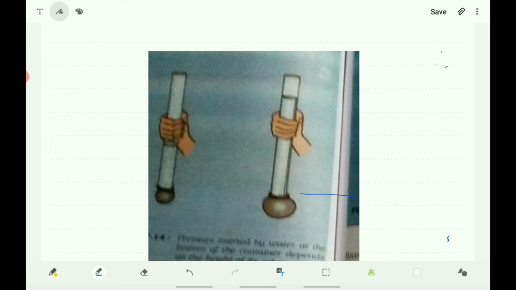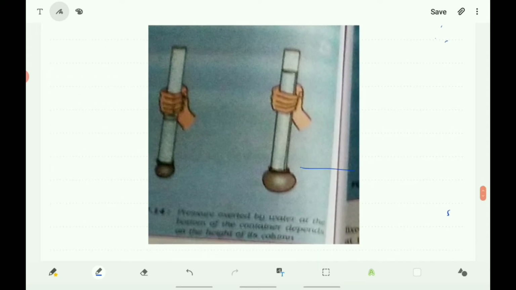Stretch the rubber sheet tightly over one end of the pipe. Hold the pipe at the middle, keeping it in a vertical position. So here it is shown in the figure. Ask one of your friends to pour some water in the pipe and verify, does the rubber sheet bulge out? Note also the height of the water column in the pipe.